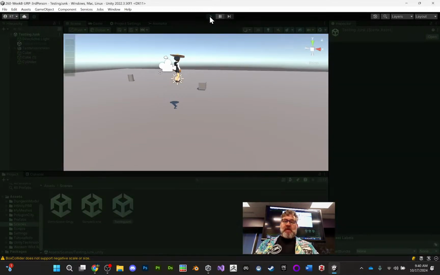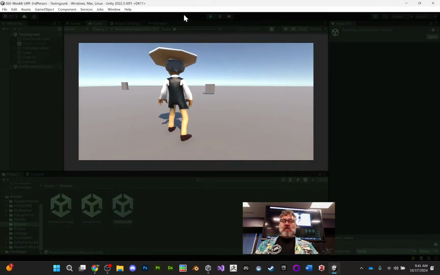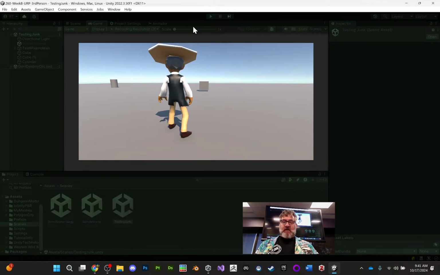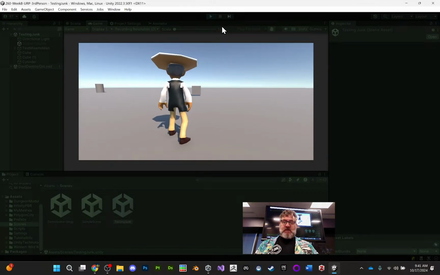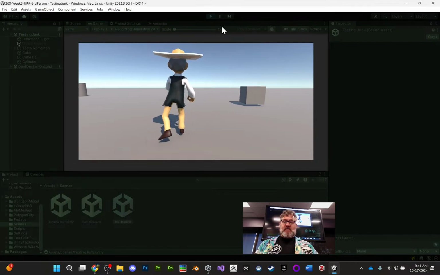So basically, I made a copy of the gingerbread man script and threw it on this cowboy character that came free in another pack, and then added a whole lot of Mixamo animations to him. So we got a little bit of idle. Well, we did. I don't know why he's not doing it. We got a nice run. That's what you need. I even got some strafing going on,